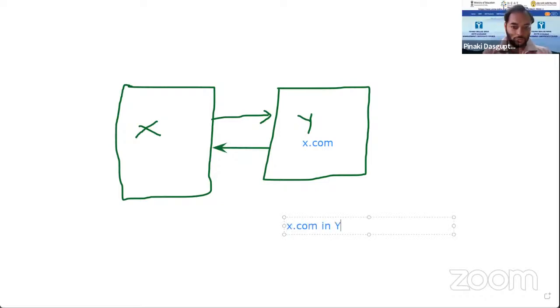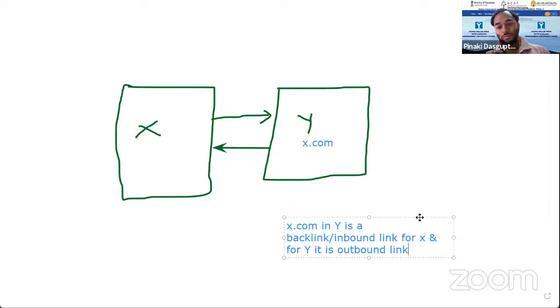x.com in y is a backlink or inbound link for x, and for y it is outbound.